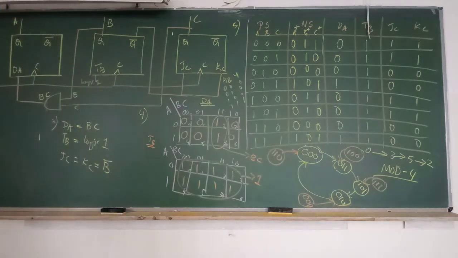Okay. So this is one type of problem. We have so many other types of problems when it comes to analysis of sequential circuits. Here the circuit is given to you, but you don't have any x variable or any y variable. It is only the counter analysis we have done. Next we shall see the other problems also. Okay. Thank you.